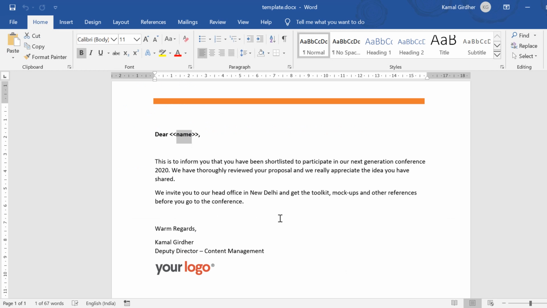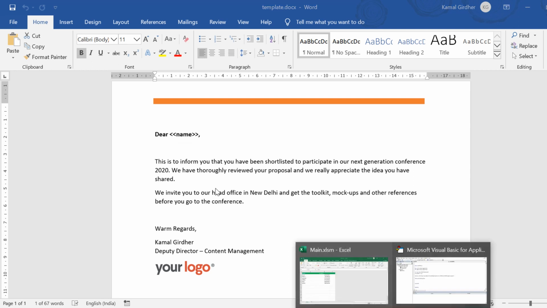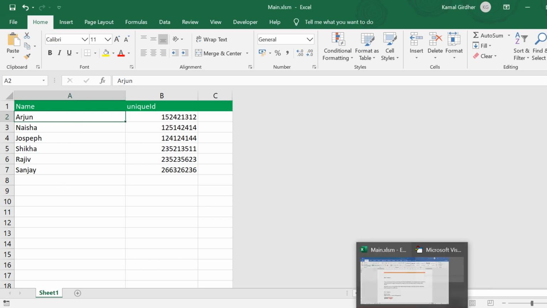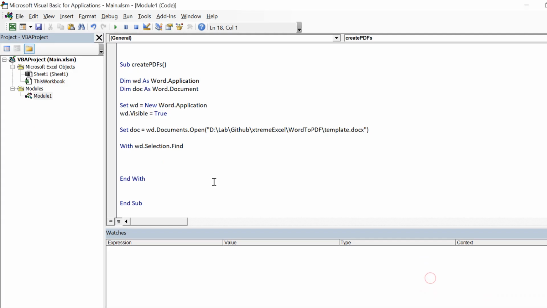Now I know that there is one field which I need to change for every PDF because that is the name. So I want the customized letter for every individual. So I'll do find and replace in the document, and only then I'll be generating the PDFs. So I can see the name is here. So the name I need to pick from this Excel file. So I will be using find and replace here.